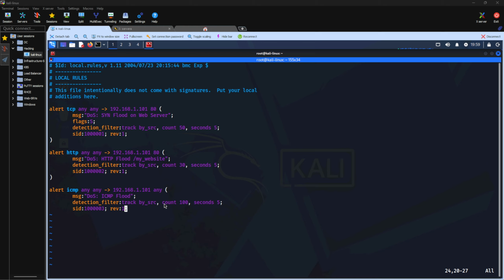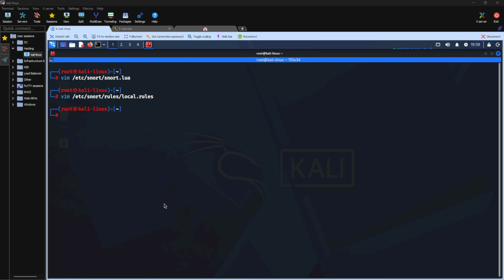So we'll have those 3 alerts, those 3 rules set up, right? So what else do we need now? So we set up the rules. We can edit the config file. So now we need to create